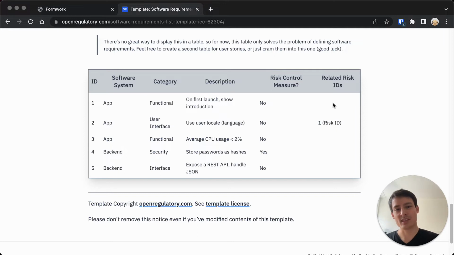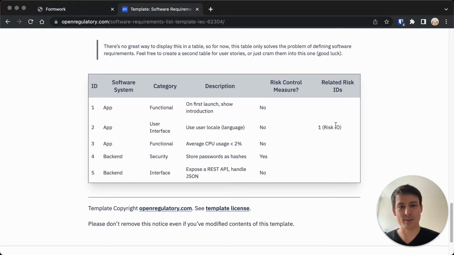For example, especially with these relations, where one software requirement can have multiple risks, but each of these risks can also relate to multiple software requirements, right? So this requirement could be related to risk one, but it could also have risk two and three. And risk one could also be relevant for software requirement one or three or so. So you would end up with this jumbled mess because you have no way of checking that these references are correct. What happens if you rename risk 3 to risk 4? Now you have to go through your software requirements table and it becomes an extreme mess,